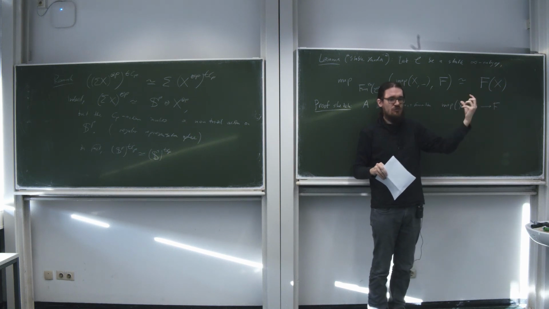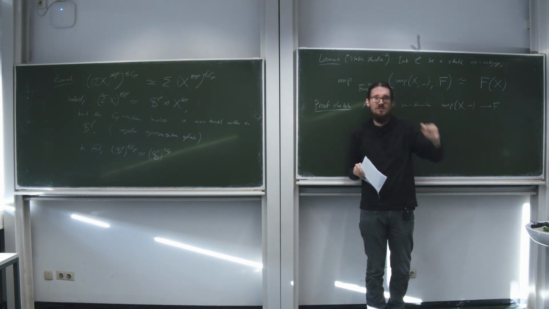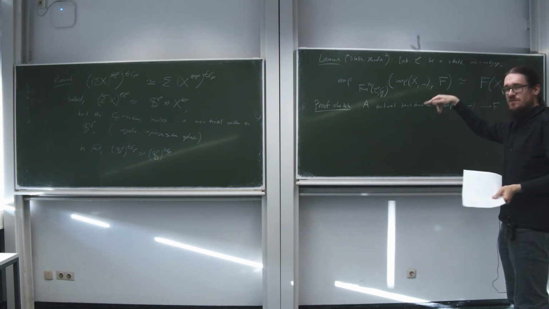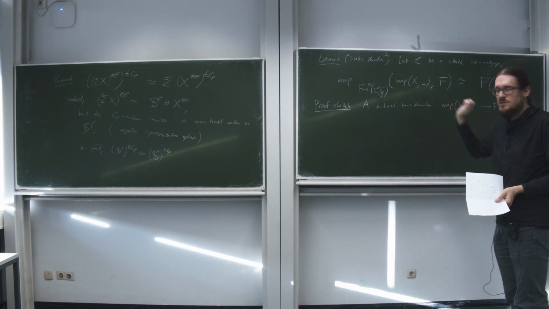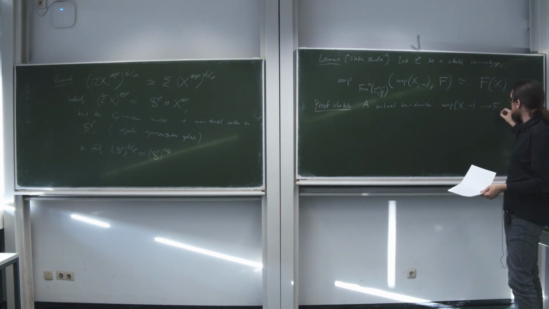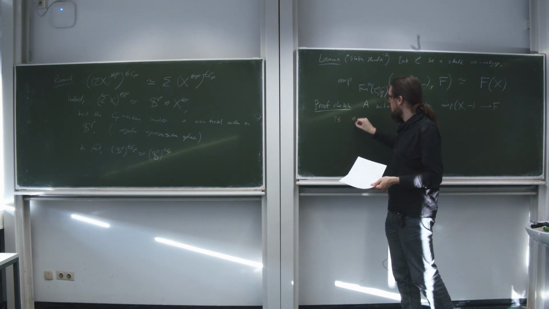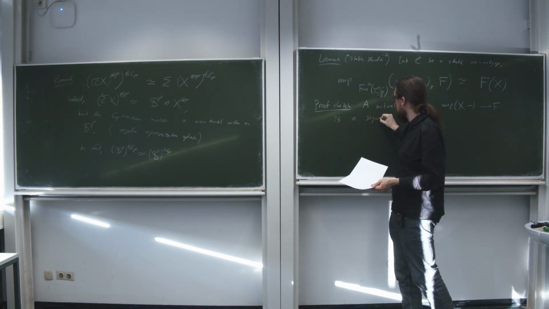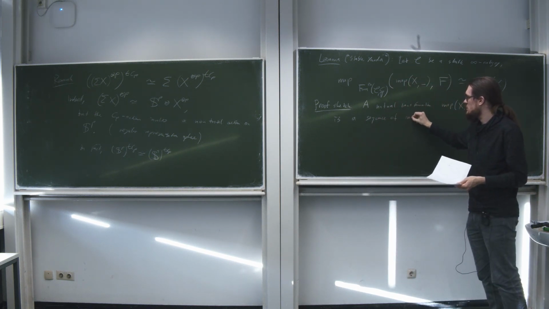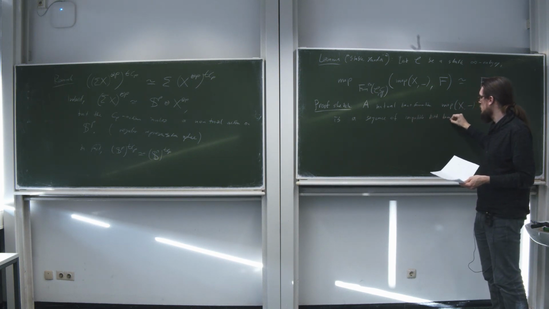And if you remember, a spectrum is just a sequence of spaces with identifications between loops of the next. So a map of spectra consists of maps of all of these spaces together with suitable homotopies and so on. So this is the same as a sequence of compatible natural transformations